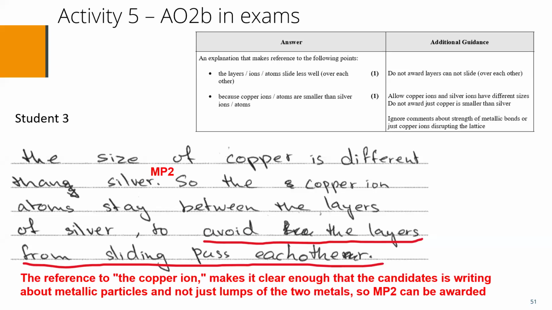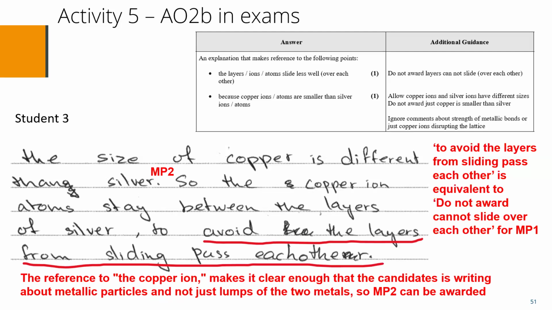In my mind, avoiding the layers from sliding over one another is equivalent to they cannot slide over one another. You're stopping them from sliding. And that's not true because they can slide over one another. So I, as an examiner, am not prepared to give MP1. Okay? So to avoid the layers from sliding in each other is equivalent to do not award